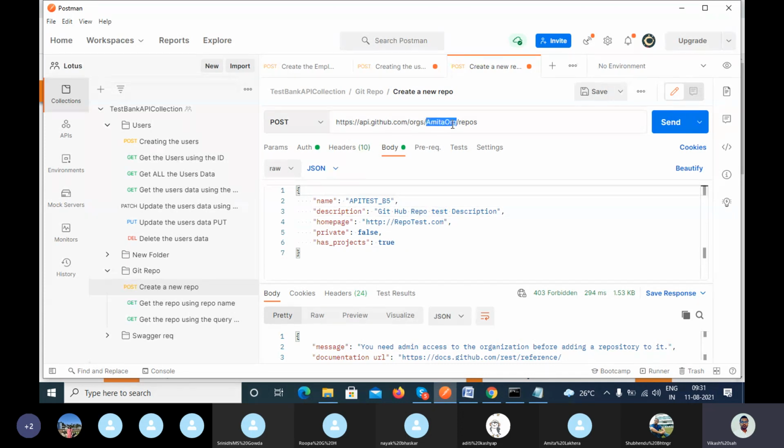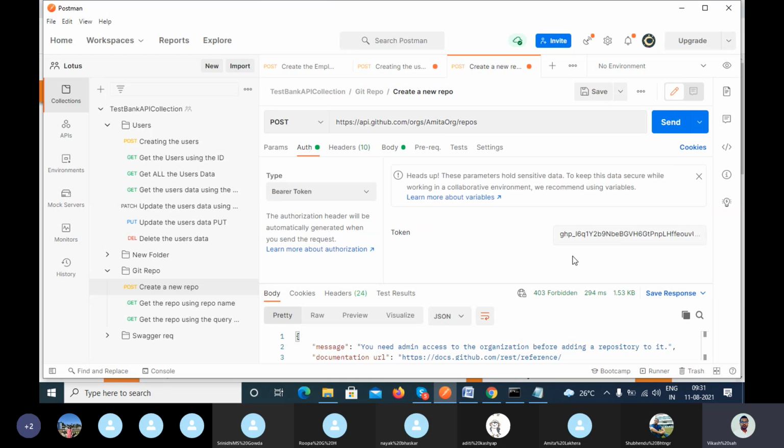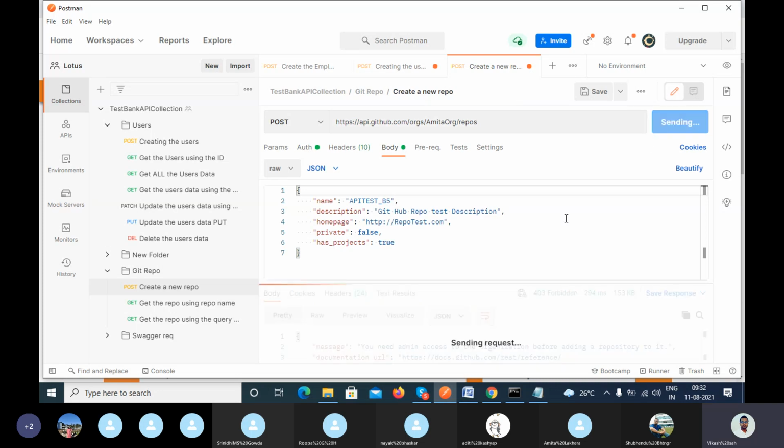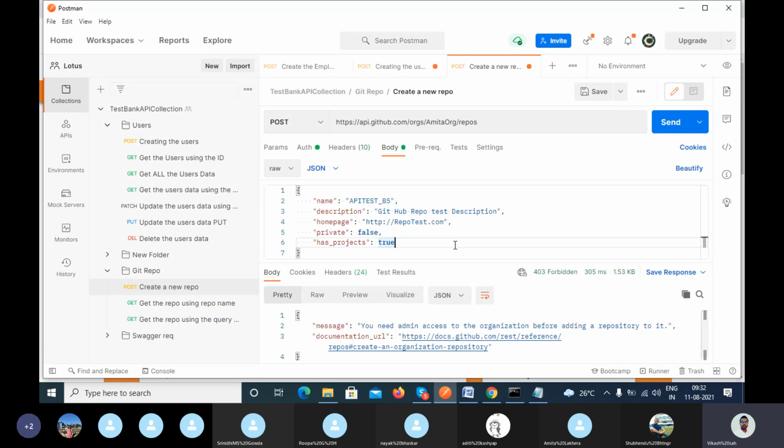If I pass my own organization name, the repository will be created successfully. But I am the hacker trying to hack your GitHub account. I pass the correct token but some other organization name and try to create the repository, so you will get 403 forbidden.